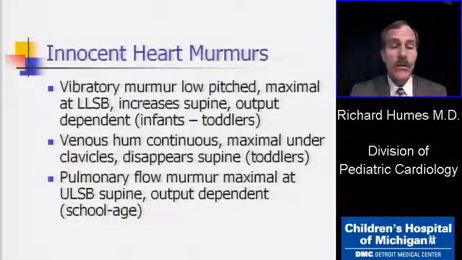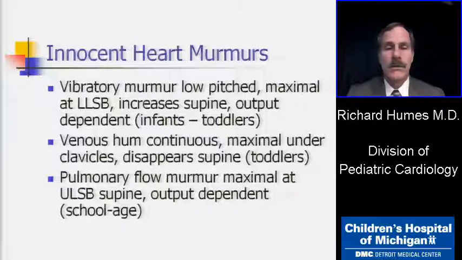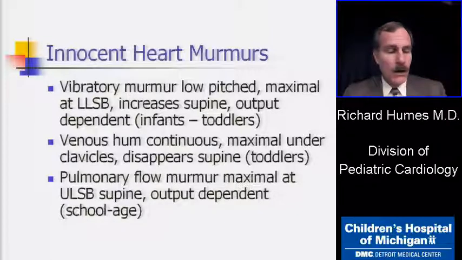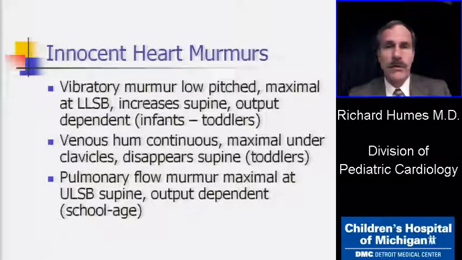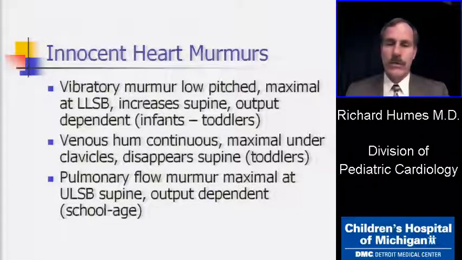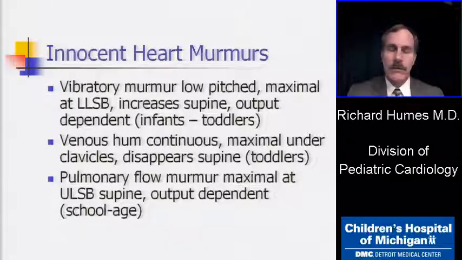One of the test questions that often comes up with this particular murmur is its increase in intensity when the patient lies down, and disappearance when they stand up or sit up. A venous hum can often accompany a vibratory murmur, but it doesn't have to. A venous hum is the sound of blood dropping down through the superior vena cava into the heart. Again, this tends to be a toddler type of murmur. It's unusual to hear this in small infants,